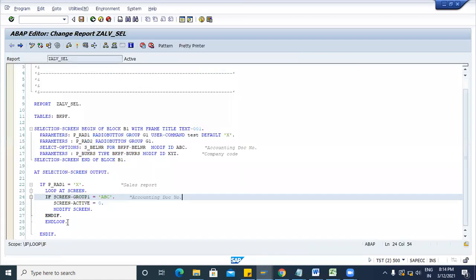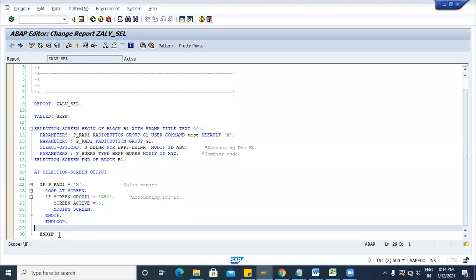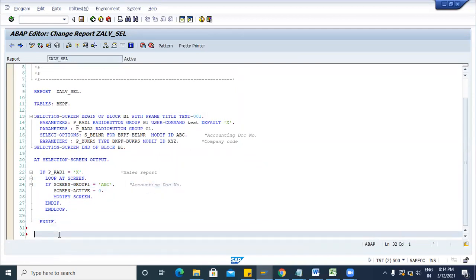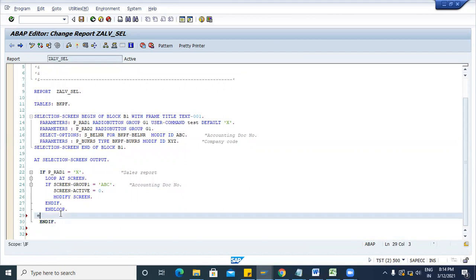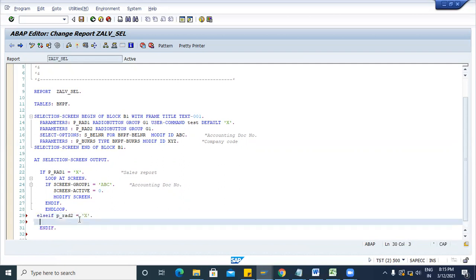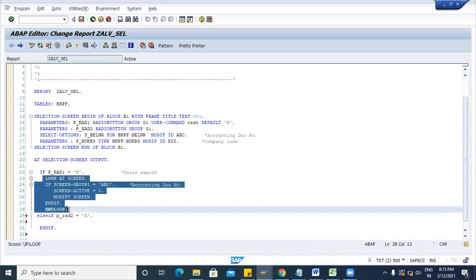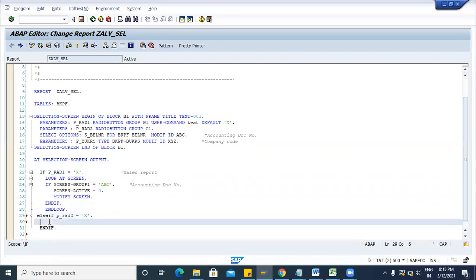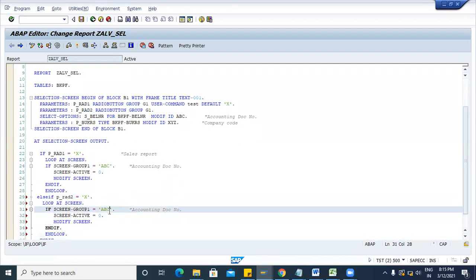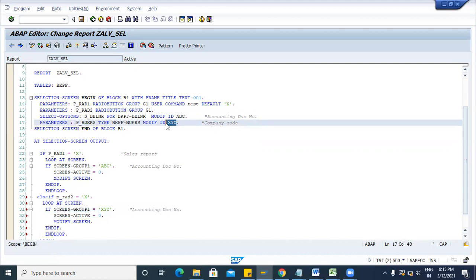So how is it possible? If the second radio button is active, I can also use else if, for any other condition we are passing. So I will use the second radio button, if it is X, if it is active, then use the same statement here also, and in this I will pass modify XYZ, because for company code we are using modify XYZ.